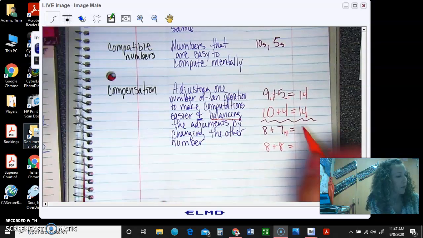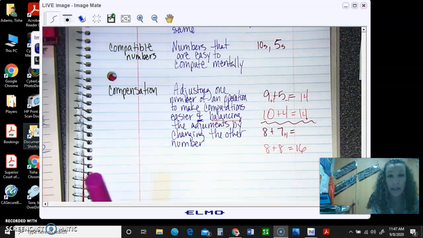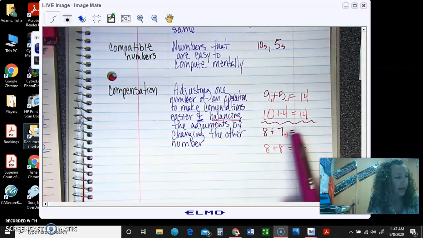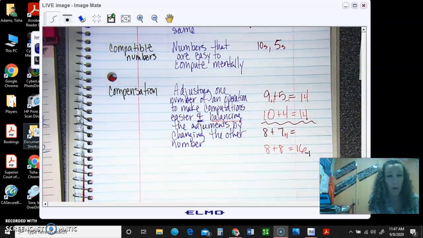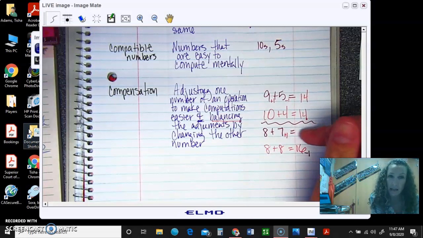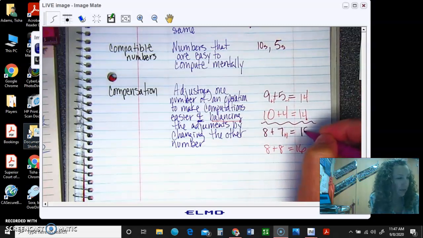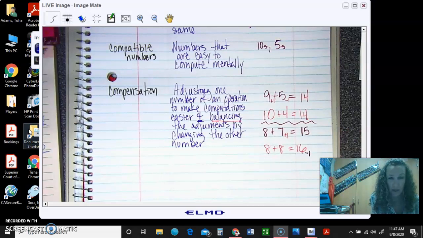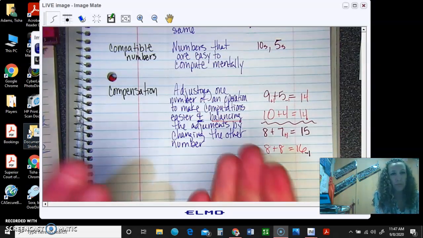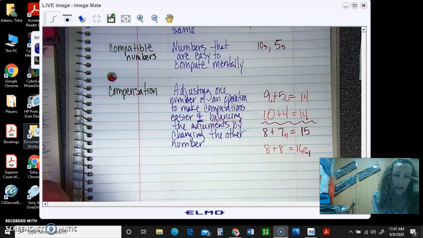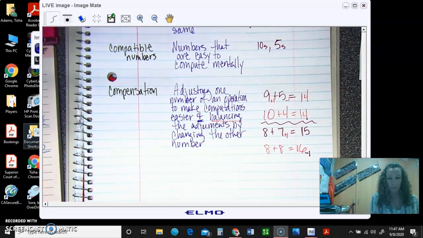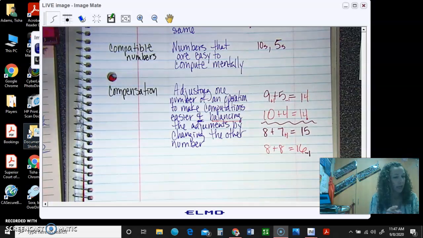Well, here's where I need to compensate. I added 1 here, so I take 1 away there. And that gives me that answer. 8 plus 7 is 15. Okay? That's compensation. When you juggle the numbers just a little to make it easier in your head. Okay? All right, and now our last one